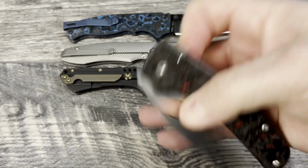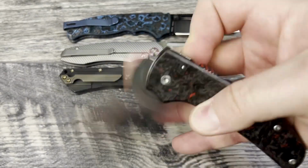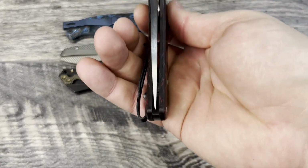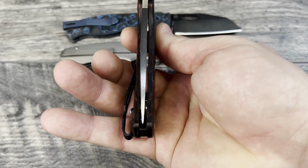I think last Saturday I had this, the Doug Ritter. That's right, the Doug Ritter, doing the whole red and black theme. Action is really good. It's nice and smooth. I did have to work a little bit to get it centered back up after I replaced the scales, but